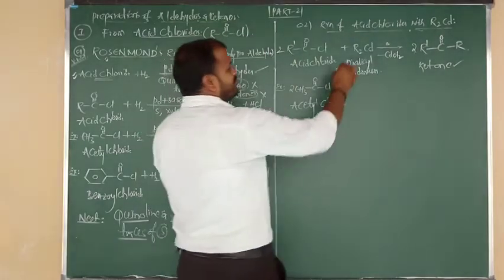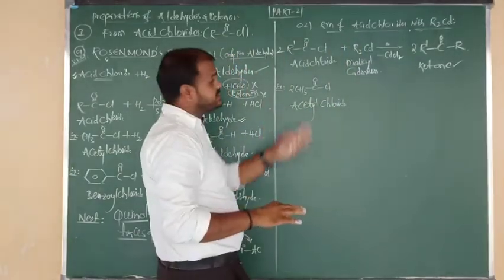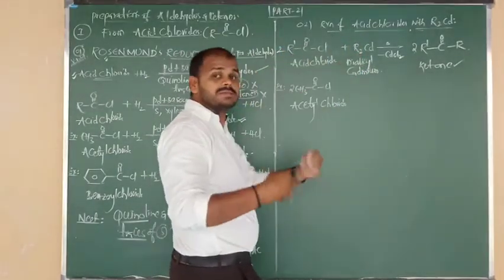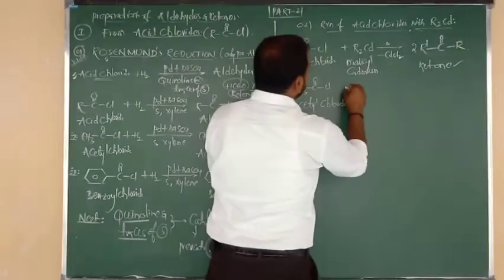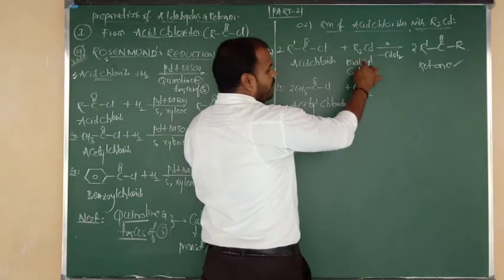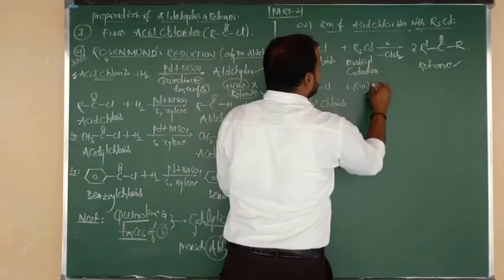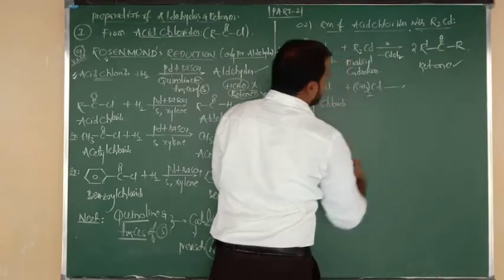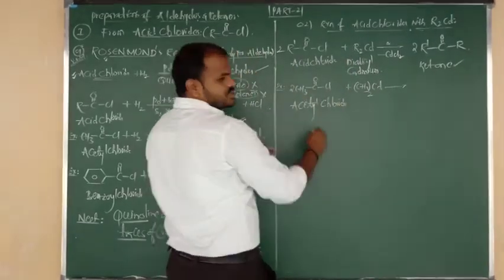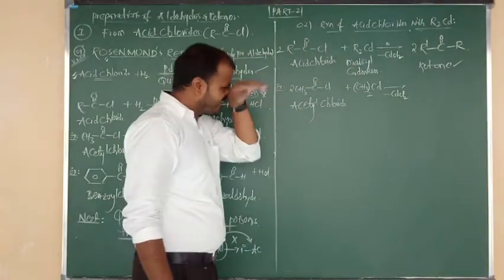It reacts with dialkyl cadmium, and again in the R place I am going to write CH3, in both places. So what can we write now? CH3 taken twice because of R2, dialkyl. This is dimethyl, so the dialkyl cadmium is nothing but dimethyl cadmium. Again, cadmium combines with 2 Cl and is eliminated in the form of CdCl2.